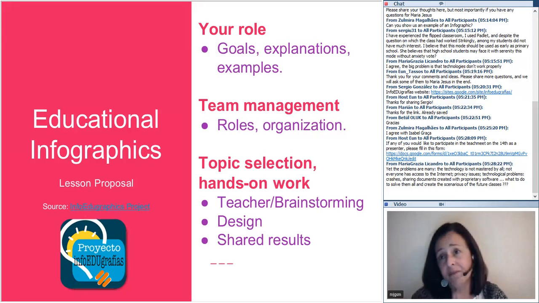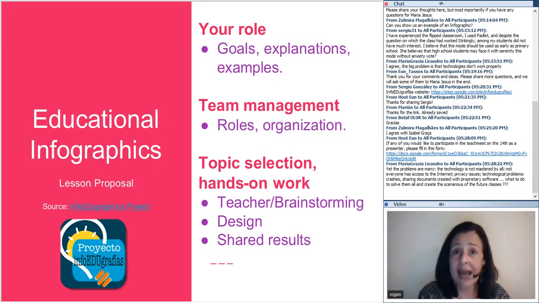That then may be printed afterwards and shared all along the classroom walls. You can also get people working on infographics about, I don't know, how to do your shoelaces, for example, for very little kids. They can create their own infographics. You can even have mixed teams and encourage the older students in a school to be mentoring younger students in